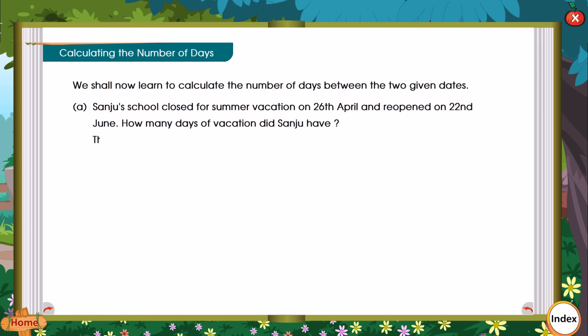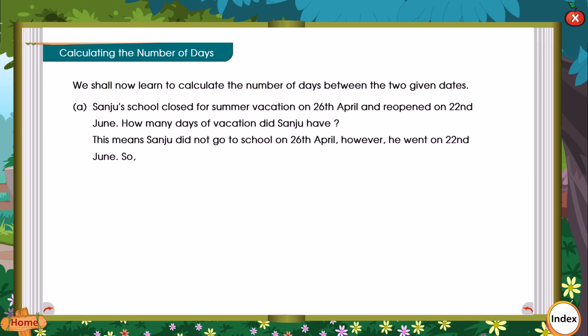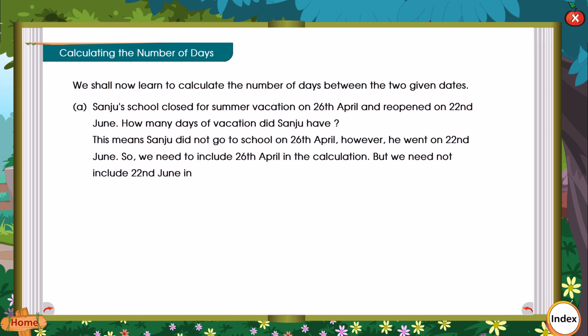This means Sanju did not go to school on 26th April. However, he went on 22nd June. So, we need to include 26th April in the calculation, but we need not include 22nd June. April has 30 days. So, the number of days of vacation in April is 30 minus 25, which is equal to 5